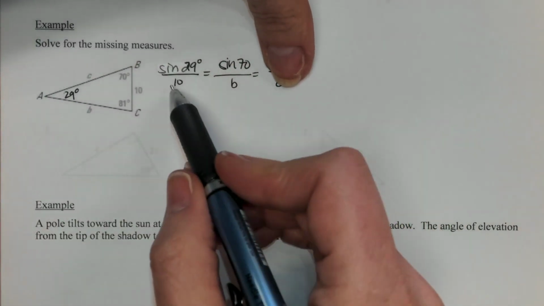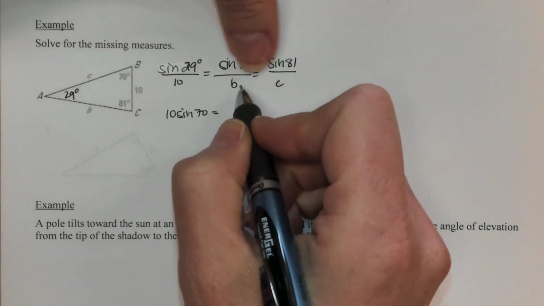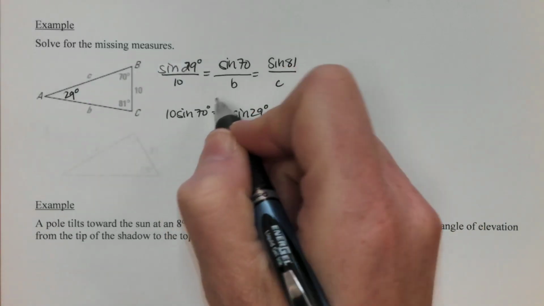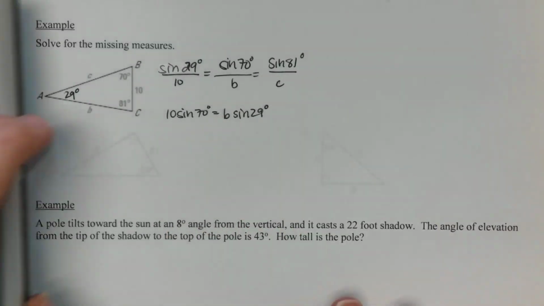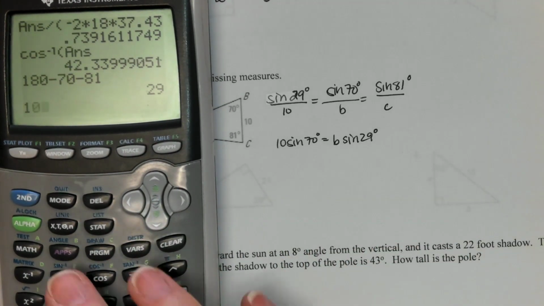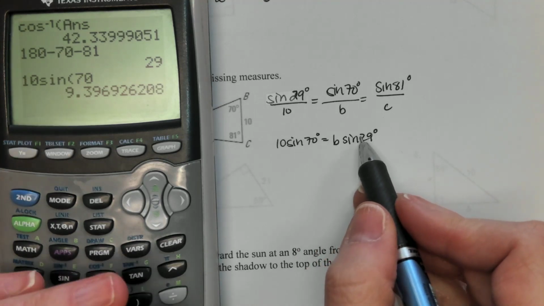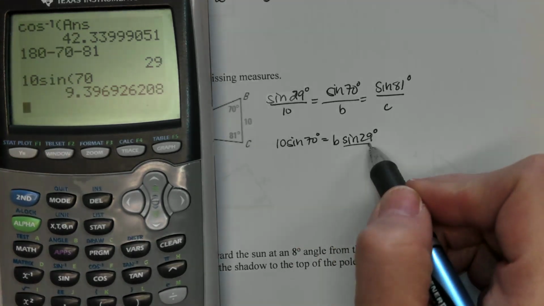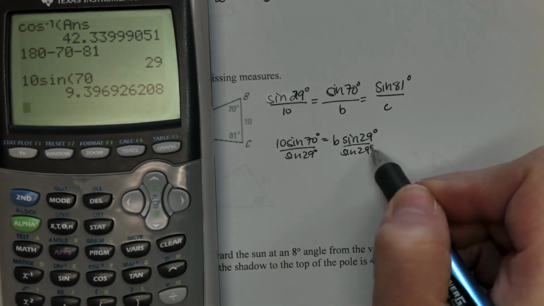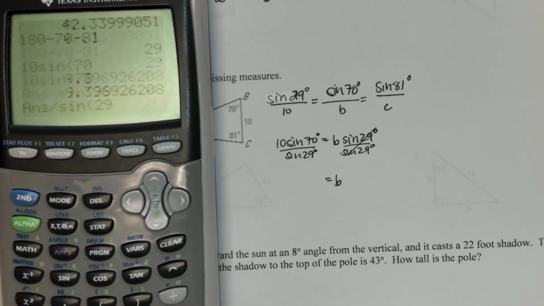So we're going to do 10 times sine of 70. And then that would equal b times the sine of 29. So mathematically what we're doing is 10 sine 70. I'm going to get that decimal right there. And then I'm going to divide off the sine of 29. That's going to have to come over here and be removed from the right, moved to the left. So now I've got b equals, and as soon as I hit sine divided by sine of 29,